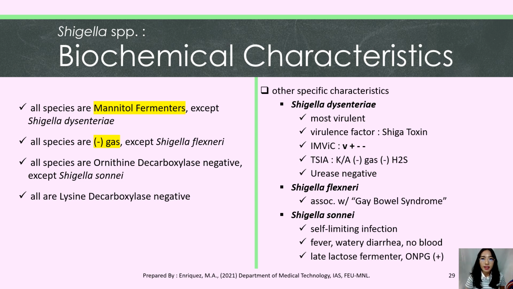So first up is Shigella dysenteriae. So this is the most virulent out of all of them. And this is mainly responsible for causing bacillary dysentery. So ito po yung nagpo-produce ng Shiga toxin. And here is a list of its biochemical test results. And then in the past, Shigella flexneri has been noted as one of the causes of gay bowel syndrome along